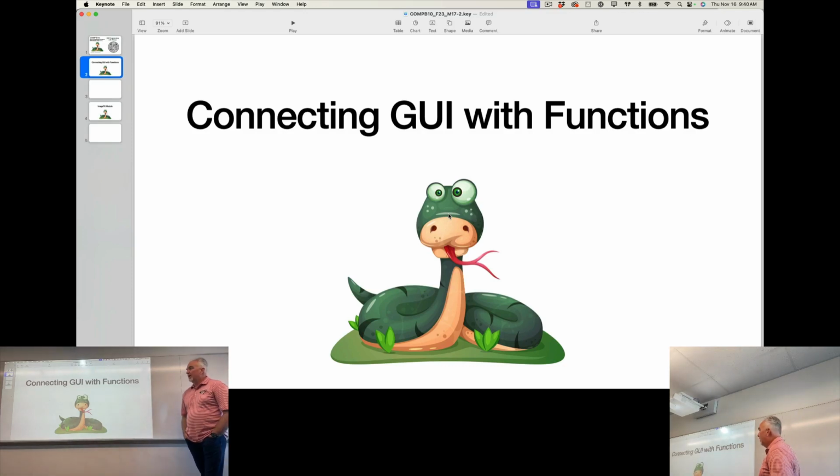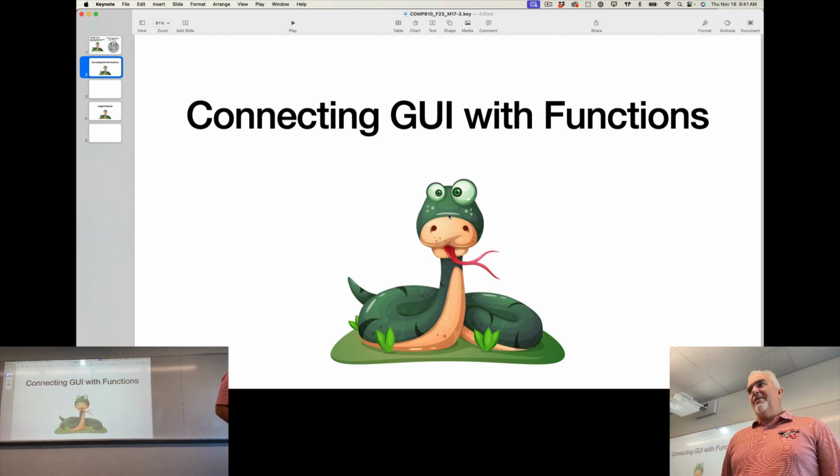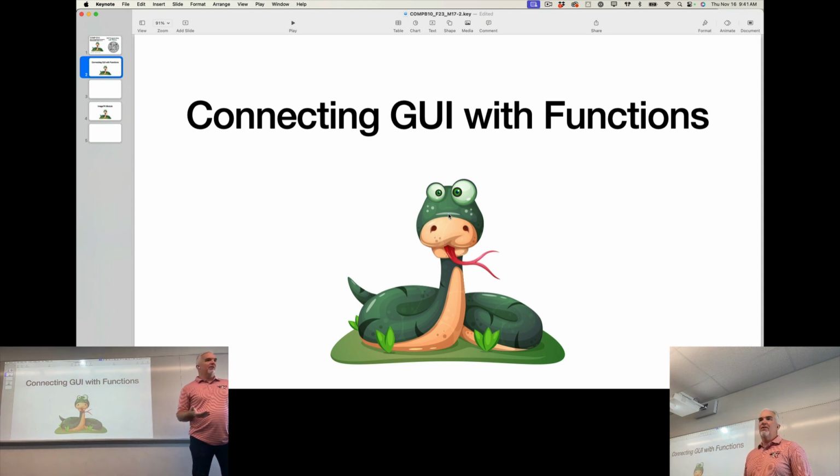The first thing I want to talk about is connecting your graphical user interface with functions using TKinter in Python. The reason that this is important is that that's how you provide the functionality to your programs, right? You know how to create functions and do things with the command line. Hopefully now you know a little bit of how to build an interface that looks nice or looks like it could do something. So the ability to connect that interface with functions is what makes that program actually work,